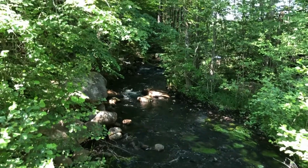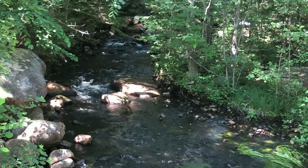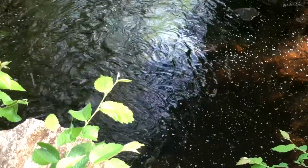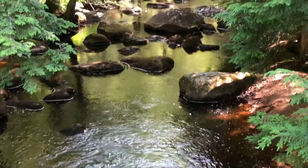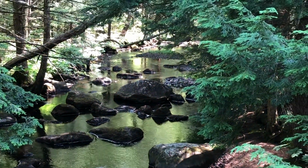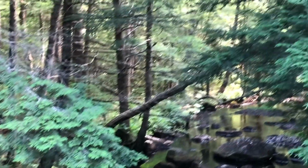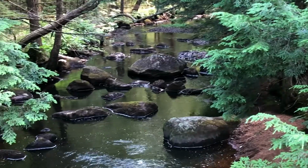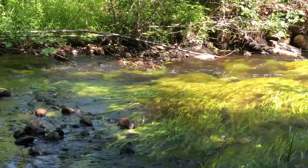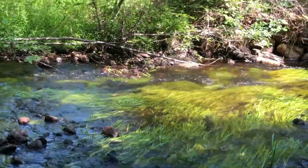Fast-moving streams like this are great habitats for benthic macroinvertebrates. Benthic means bottom dwelling. Macro means that they're big enough that you can see them with a naked eye. You don't need a microscope. And invertebrates are those critters that don't have any backbones. So mussels and fingernail clams, worms, a whole variety of different kinds of insects, whether adult insects or larval forms